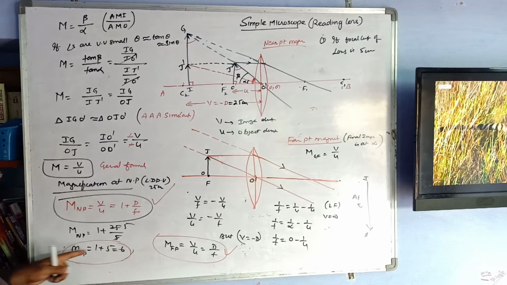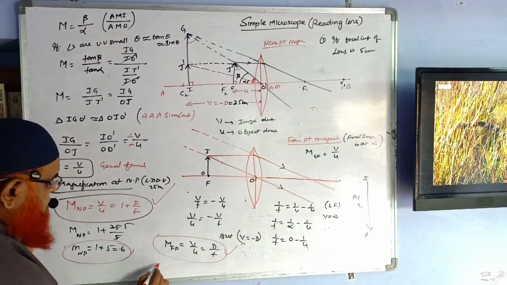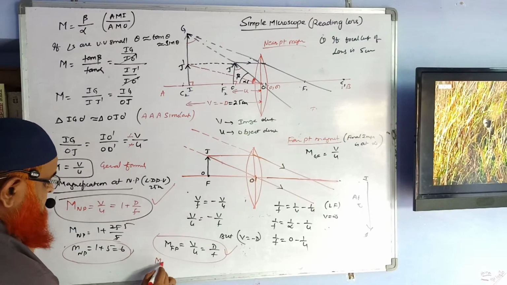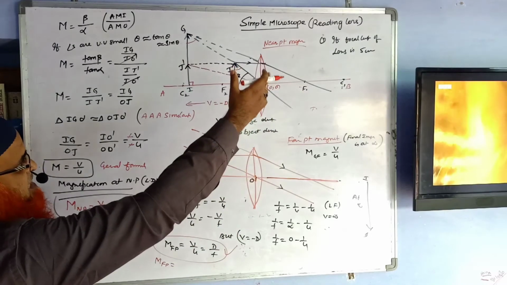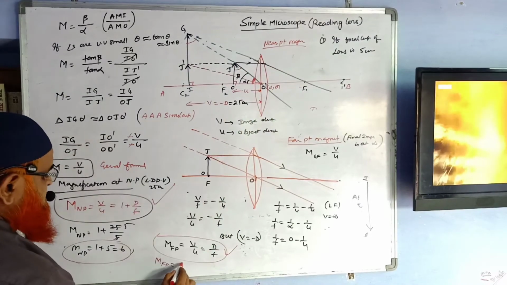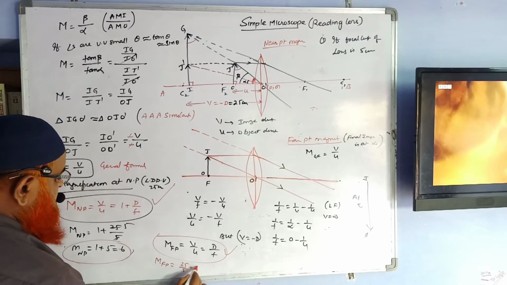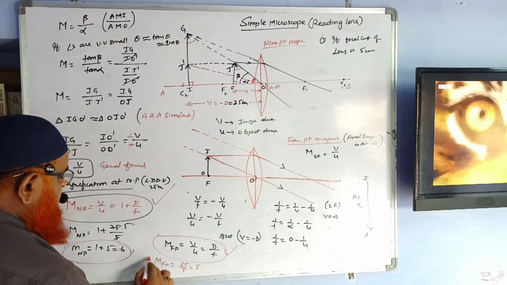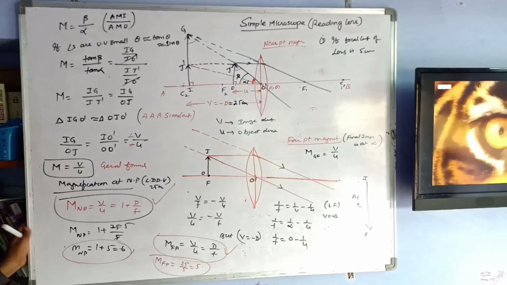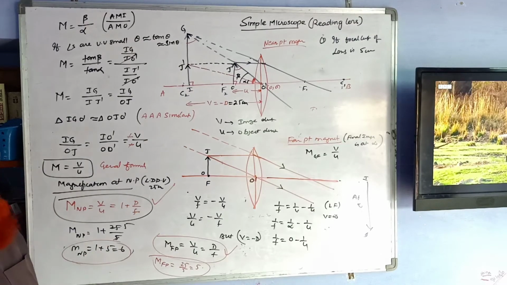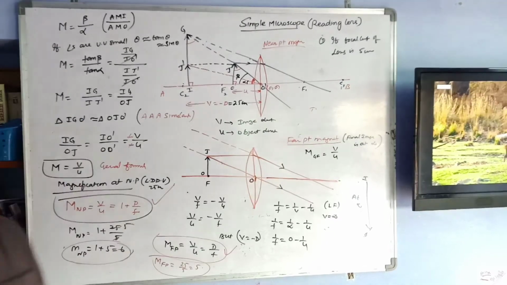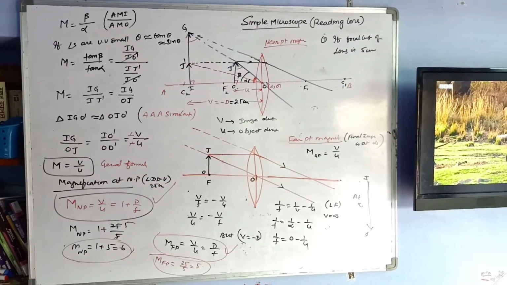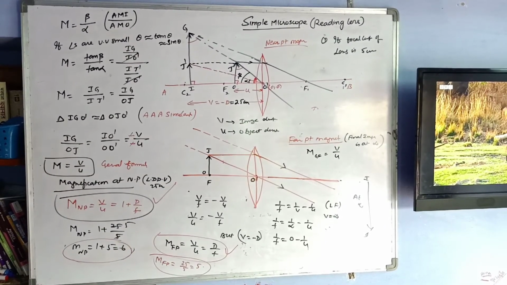So near point is going to be 1 plus 5, that is 6. Then how are you going to find out the far point? So magnification at far point is D by F is the formula. D is 25 and F is 5. So the answer is 25 by 5, which is equal to 5. Okay. So magnification at far point also we got. Magnification at near point also we got. Okay. So this is a simple explanation about a simple microscope. We shall stop and go for compound microscope.